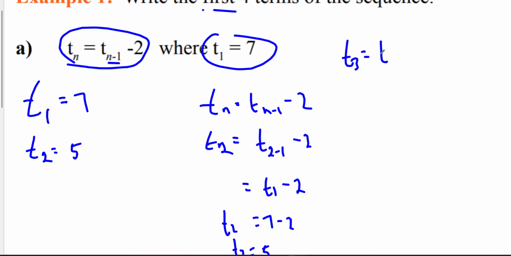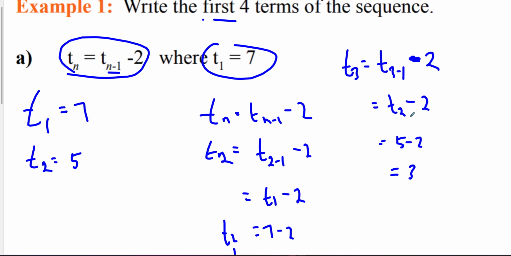What if I want to get T3? Well, T3 is going to equal Tn minus 1 minus 2. So that's going to be 3 minus 1, which is the same thing as T2 minus 2. And T2 is 5. So that's 5 minus 2. The answer is 3. So if you haven't figured it out, a recursive function is written